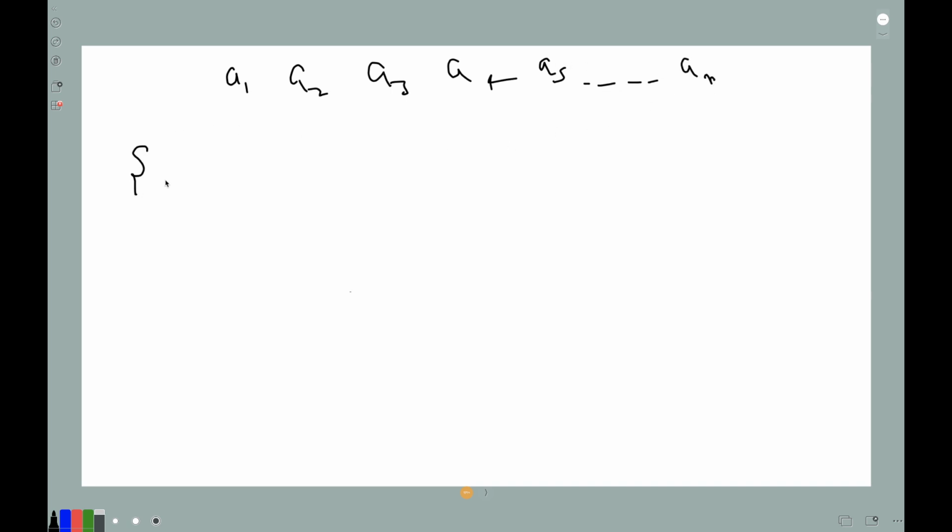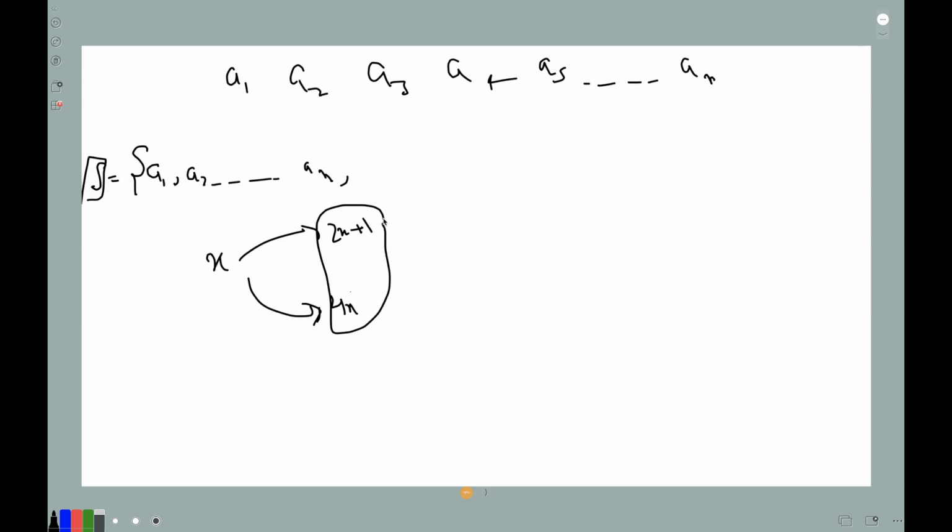Now what we do is we generate a set S, and what this contains is first of all the elements of the array, and then also for every element in this set, so this set is infinite, for every element in this set we create a new element like this. So let's say I had some element x in this set, then I add 2x plus 1 and 4x into this set, and so I get two new elements, and so the set can go on